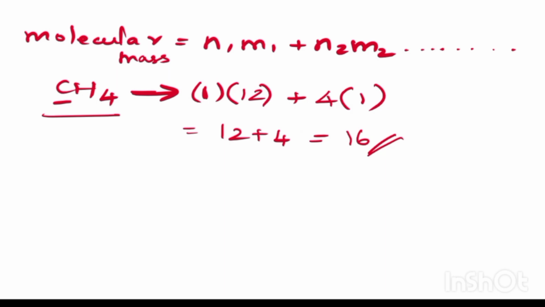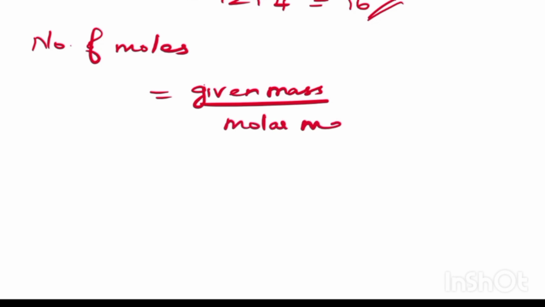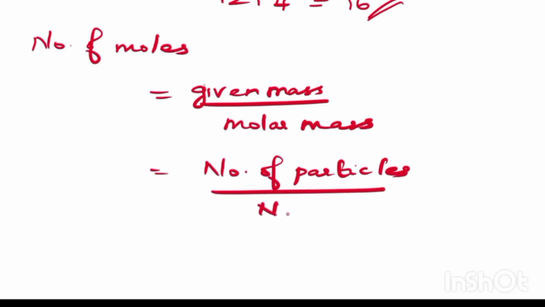Okay, next we will move into finding the number of moles. To find the number of moles, there are many formulas, and you have to choose which formula you will be using depending upon the situation. In case they are given masses, you have to use given mass divided by molar mass. In case they have given the number of particles, then it is number of particles divided by Avogadro number. In case they have given volume, it will be volume given